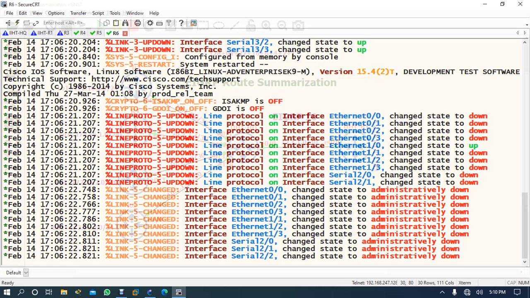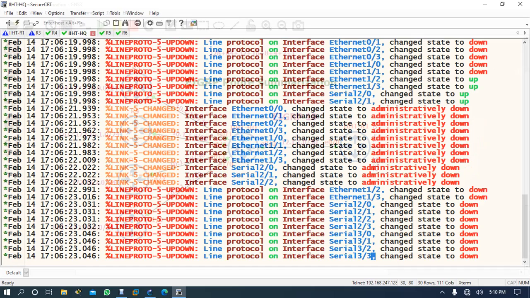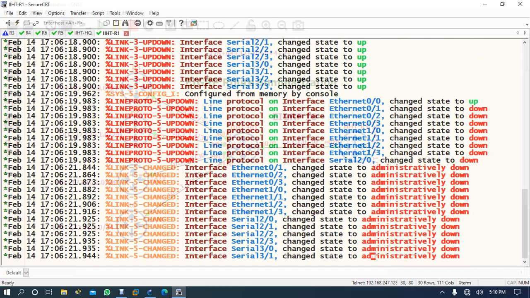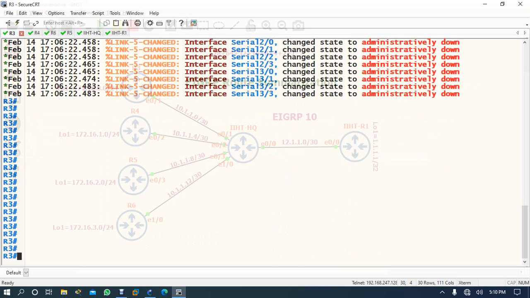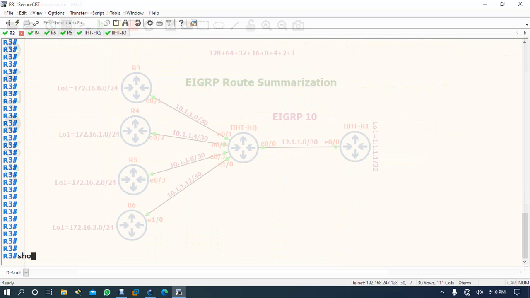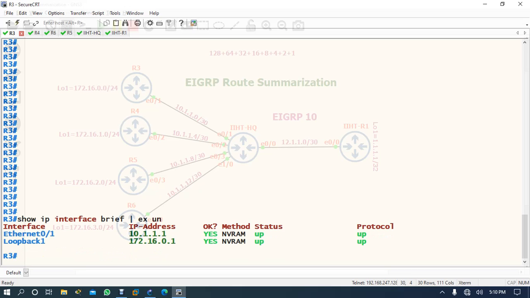So first of all we have to check the IP configuration of the routers. Okay, IP is already configured.